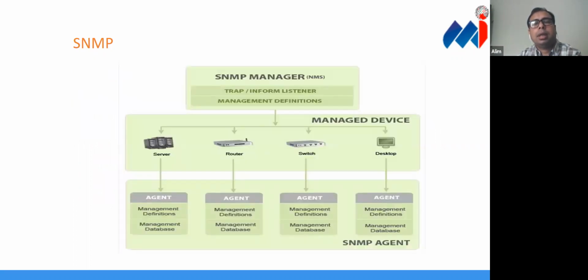Generally, this is the conceptual diagram. Say you have an SNMP agent. In the agent, you have different management definitions of what type of data you need, and a management database. SNMP agents are there in servers, routers, switches, Wi-Fi, desktops, anywhere you can configure it. And there are two types of communication. One is SNMP manager queries information from